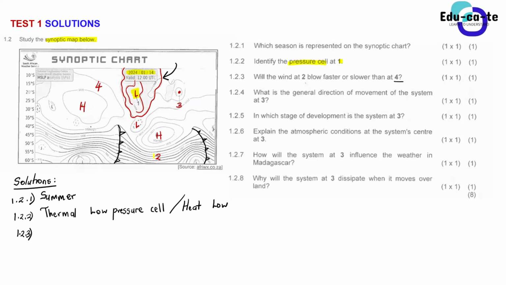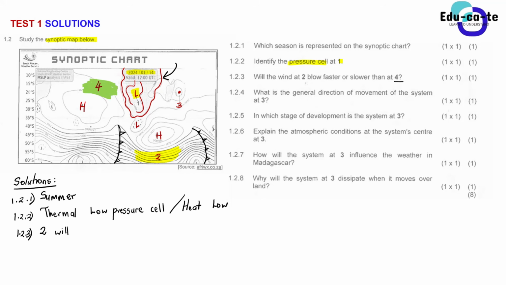Okay, so Telmo says that the wind at 2 will blow faster than the wind at 4. 2 is at this region, guys. This is 2 here. I've highlighted it again. And then 4 is at the other region. This is 4. Now Telmo says the wind at 2 will blow faster than the one at 4. Okay, so what is the reason for that?